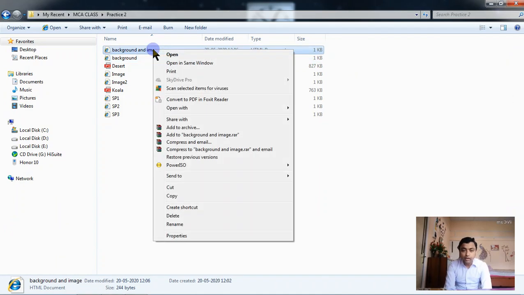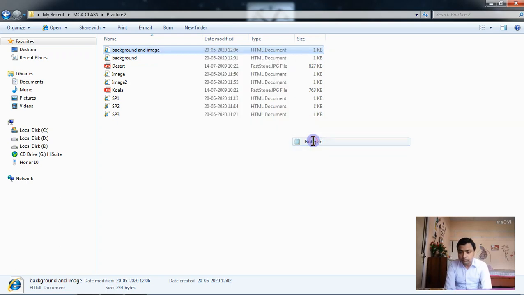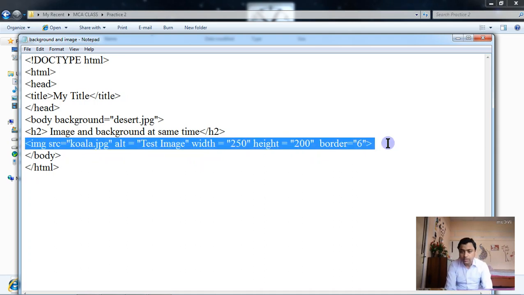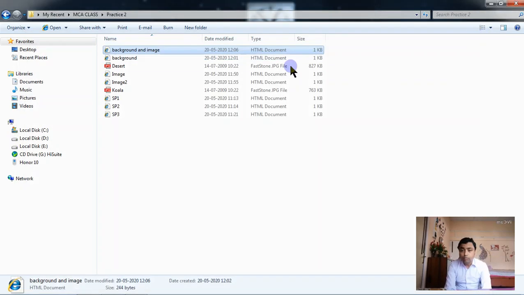Similarly, background and image at the same time. So body background is desert.jpg, and I have included another image in the web page by using img src like this. We have assigned width, height, border, etc. And go to file, go to save as and put any name.